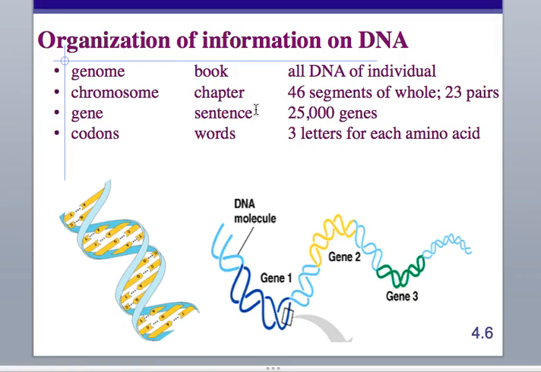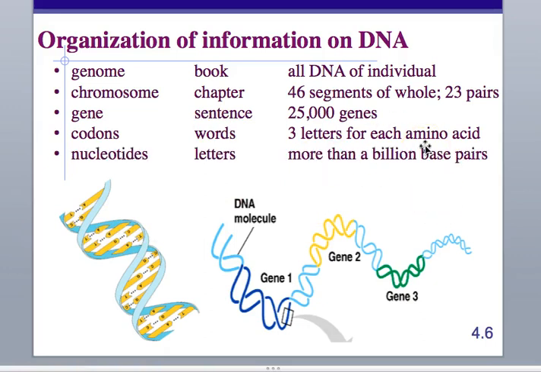Codons are where, within the gene, you make triplets of 3 nucleotides, which are kind of like reading a word. If you look at this word, you know it's the word, but you only know that because you're getting these letters in a very specific way, right? So if you have the word gene, but it's spelled E-N-E-G, well, that's not the word gene anymore. That's something totally different. So the order of the codons is very important, the same way the order of the letters in a word is really important. And in groups of 3, they code for an amino acid, and we're going to talk about that.